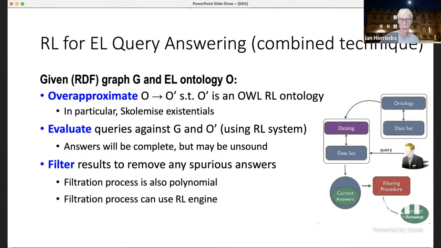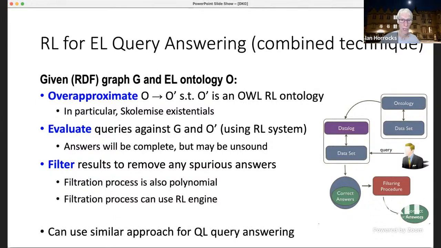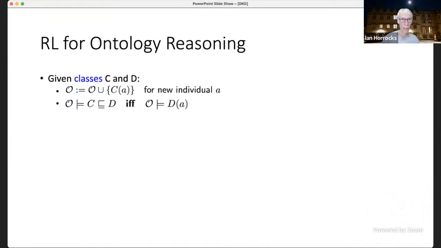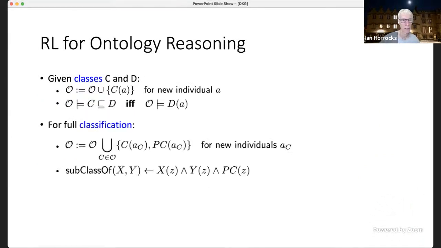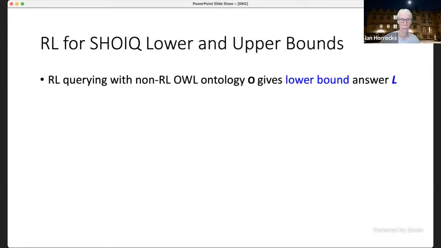What I just wanted to show in these next slides is that actually having one of these RL reasoners you can do a bunch of pretty nice things with that. You can actually do EL query answering with that via a combined technique. I don't have time to go into the details. You can find that in papers or look at the slides afterwards. I can also use the same approach for QL reasoning. I can do ontology reasoning actually by a little trick that isn't too hard to see how that works, but I don't have time to tell you about it now.